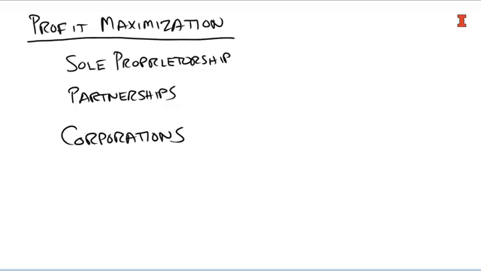In the case of sole proprietorship, it's pretty straightforward. If I open my own company called Larry's Tree Trimming Company, I get a chainsaw, I trim some trees, I make a little money, that money goes right to me. The harder I work, the more income I make. The less I work, the less income I make. But I'm the controlling factor, and I'm making the optimal decision because I'm keeping that money.